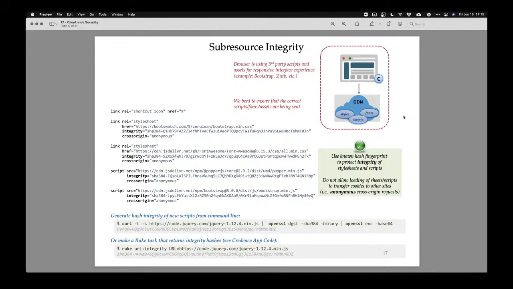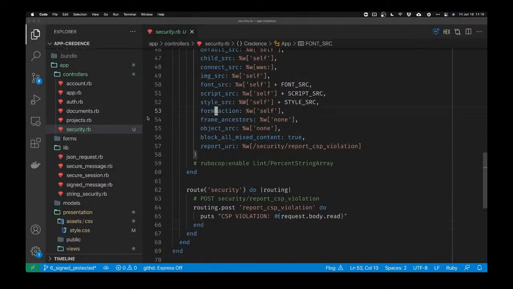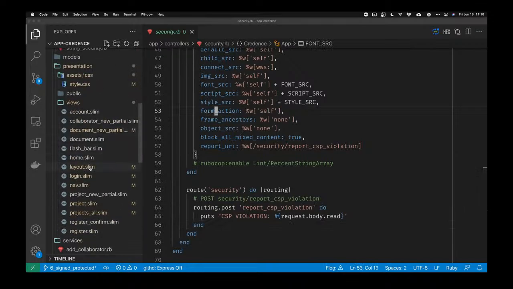This may seem like not such a legitimate form of attack, but it's increasingly becoming likely that a problem like this can happen. So you've got to make sure that the scripts that are sent to you are the original scripts that you are expecting. And the way to do that is this. What I'm doing this week is, if you look at my layout.slim,